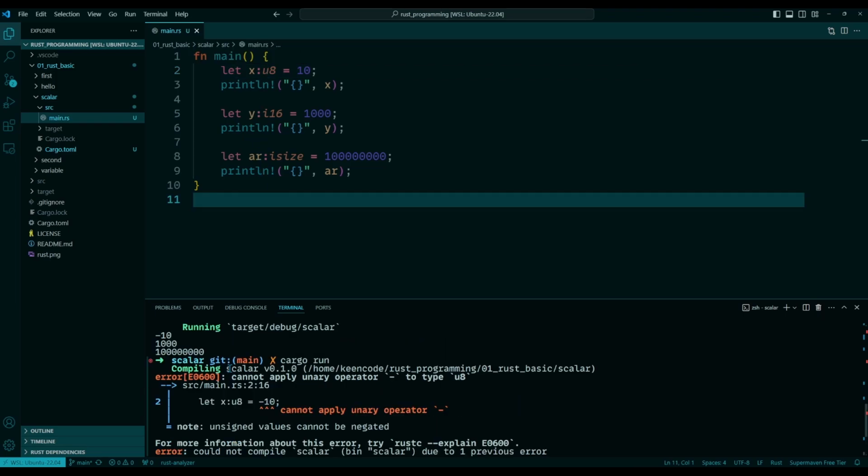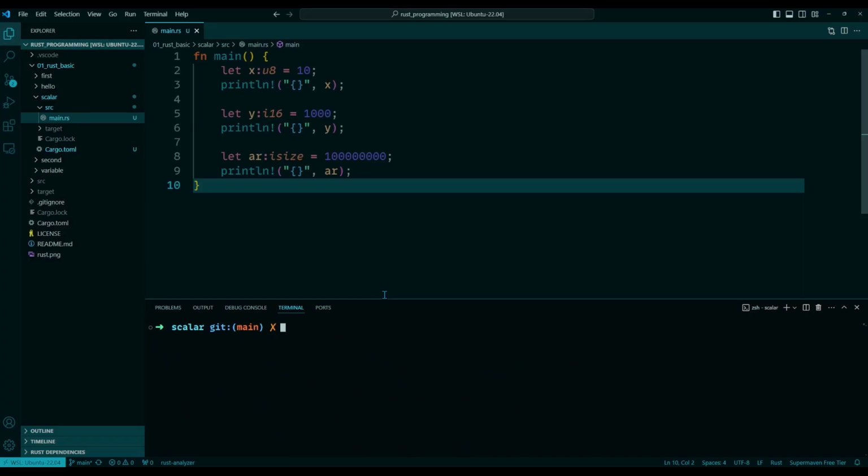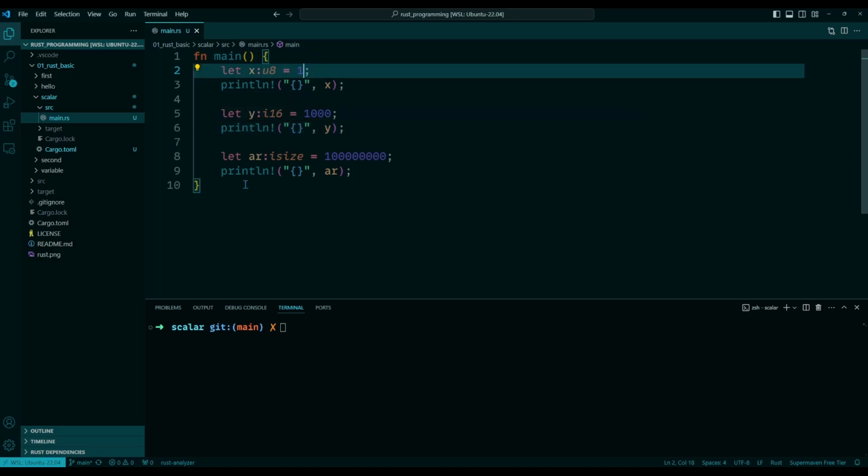So we have already seen one error here. If you define an unsigned variable with a minus sign, our compiler panics and we get an error in our terminal. Let's say you have a variable of type u8 that can hold a value between 0 to 255. If you try to change the variable to a value outside that range, such as 256, then integer overflow will occur.